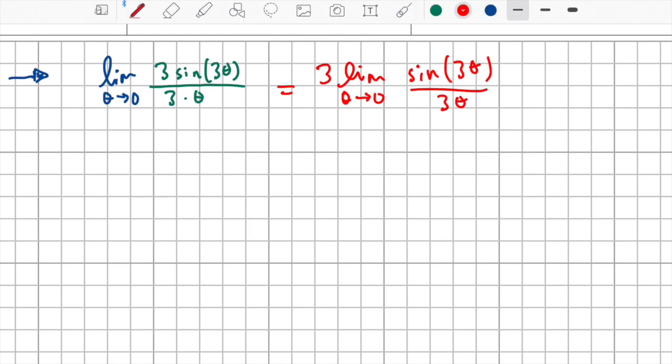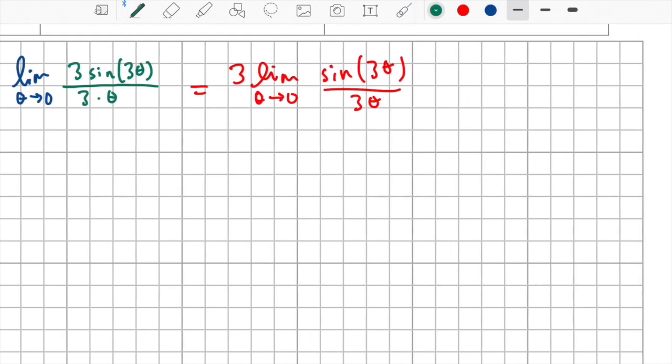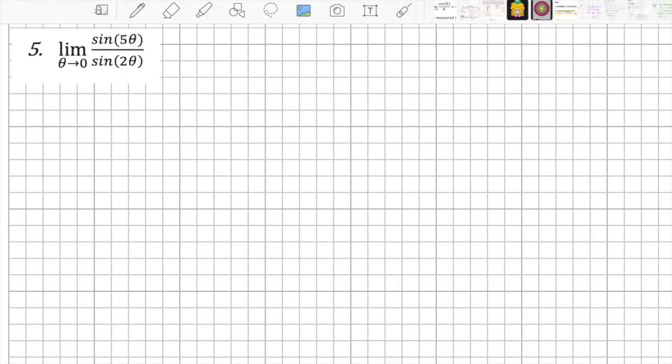Now if I plug in a 0, it'll give me 0 over 0. But that's okay, because according to the theorem, that becomes 1. So this right here becomes 1. So in reality, what we have is 3 times 1, and 3 times 1 is just 3. So that is our limit. Okay, let's try another one that's a little more